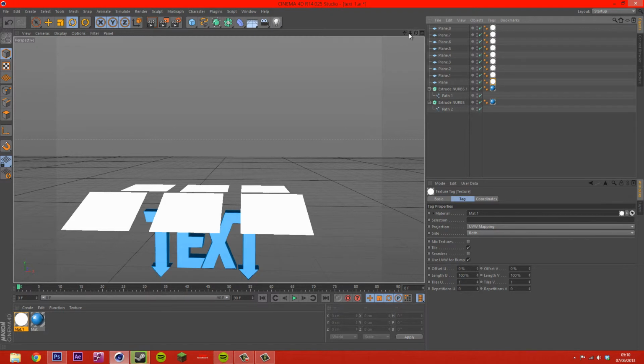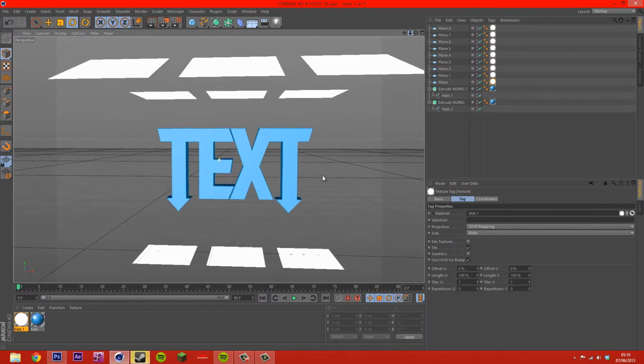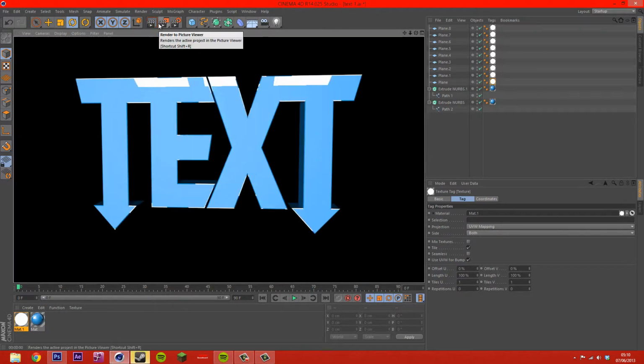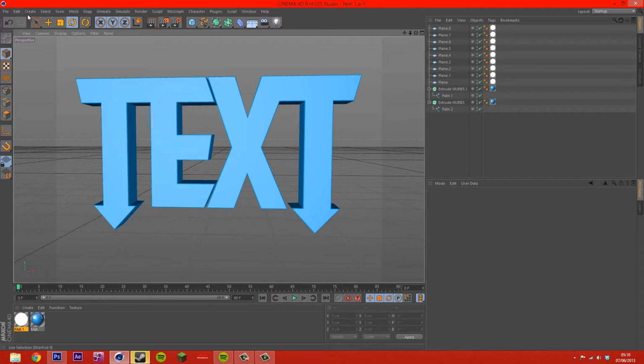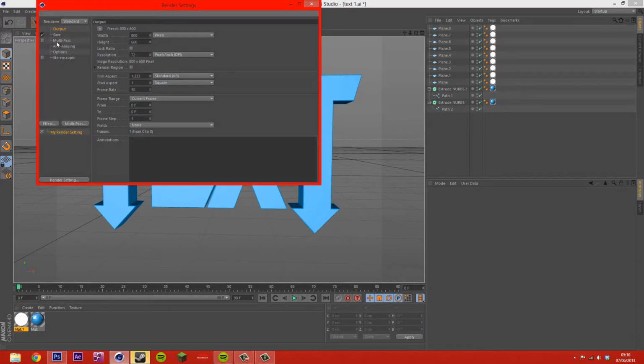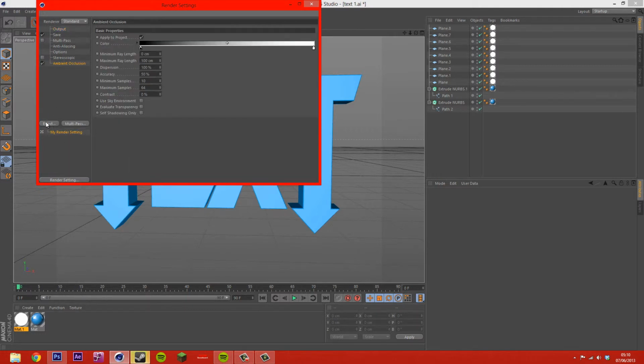Continuously holding Control, and then what it does is it gives you this effect. So you can sort of see the idea of this. And then what you want to do to bring out this effect is to go to Effect, Ambient Occlusion,